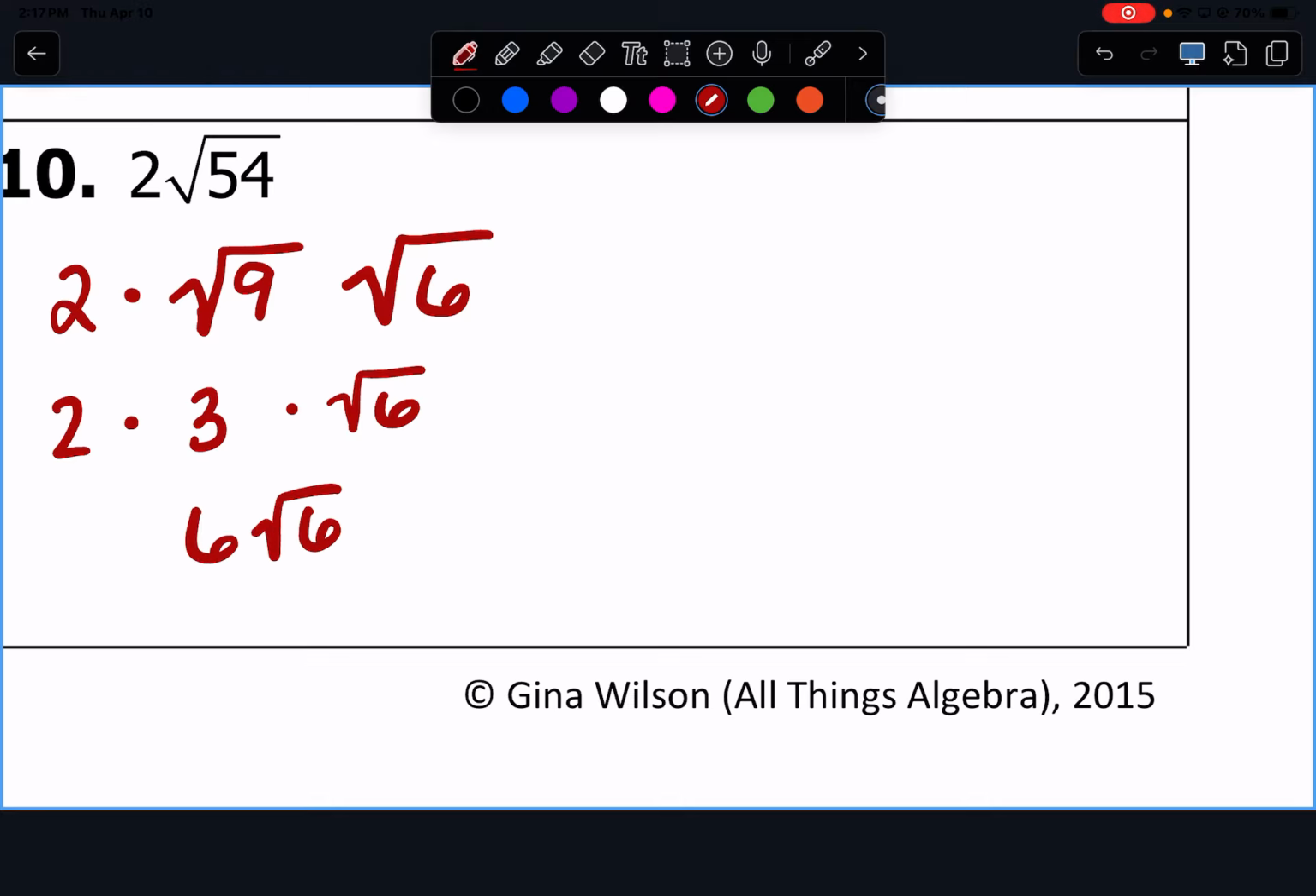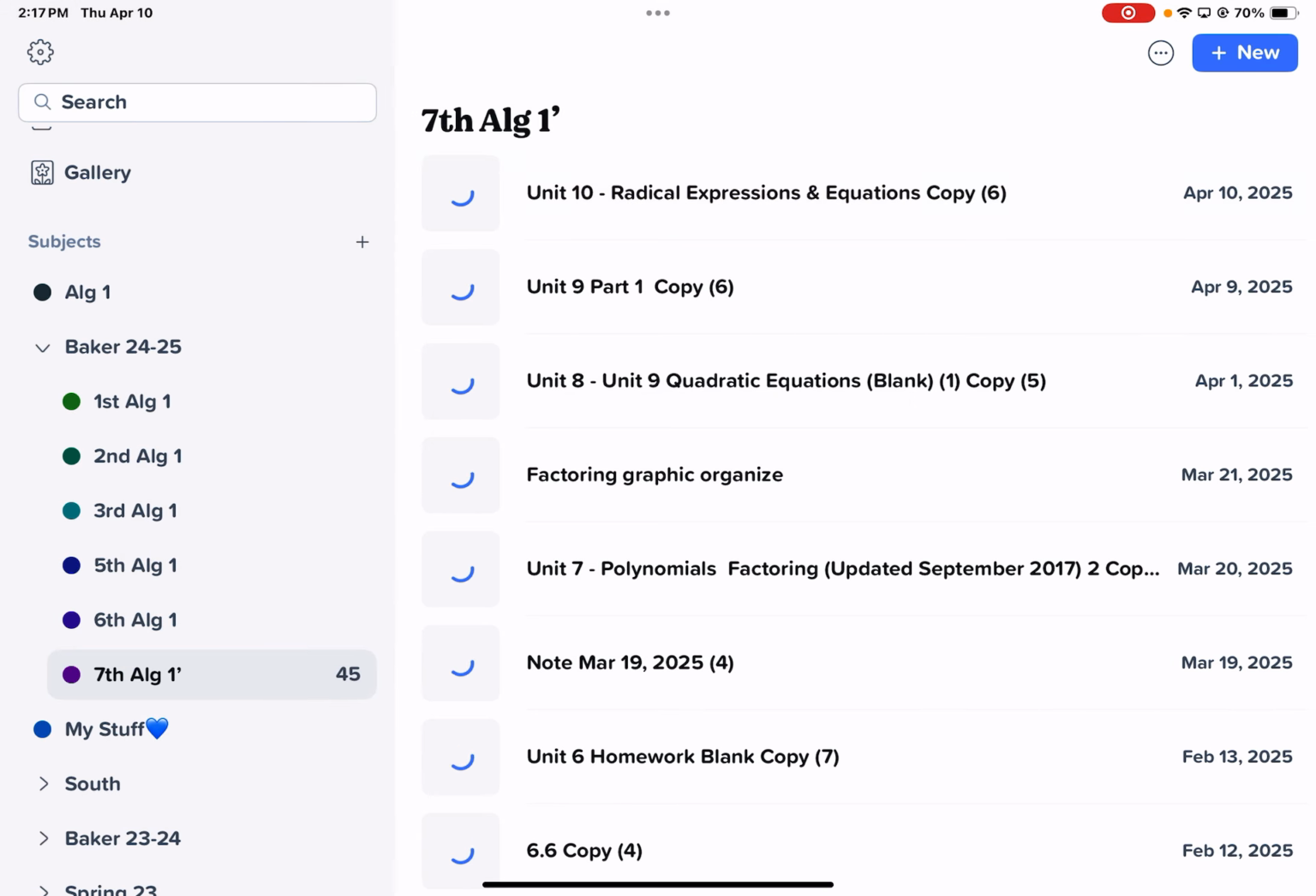6 root 6. Wait. Oh, so if we have a number in front of it, it just gets multiplied. Yep. All right. So all of these are us just dealing with the radical. So on the next page, we're actually going to put them into the equations. So we can only solve some